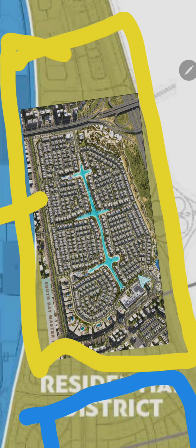Firstly, this entire community is actually very small. It is smaller than Arabian Ranches or one cluster of the Mark Lagoons. This is actually only 1100 units. When we talk about the sizes, the generous sizes that they are offering are very good, considering